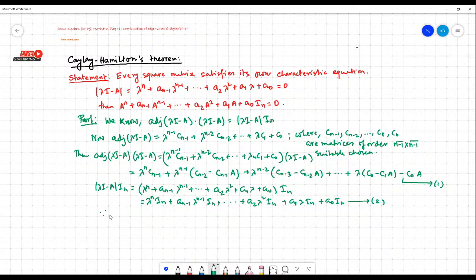Since adjoint of lambda I minus a, into lambda I minus a, equals determinant of lambda I minus a times In, this implies Cn minus 1 equal to In, Cn minus 2 equal to